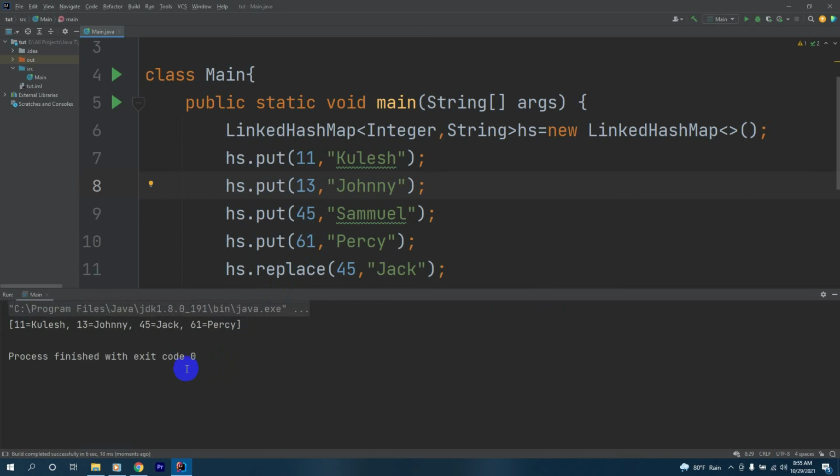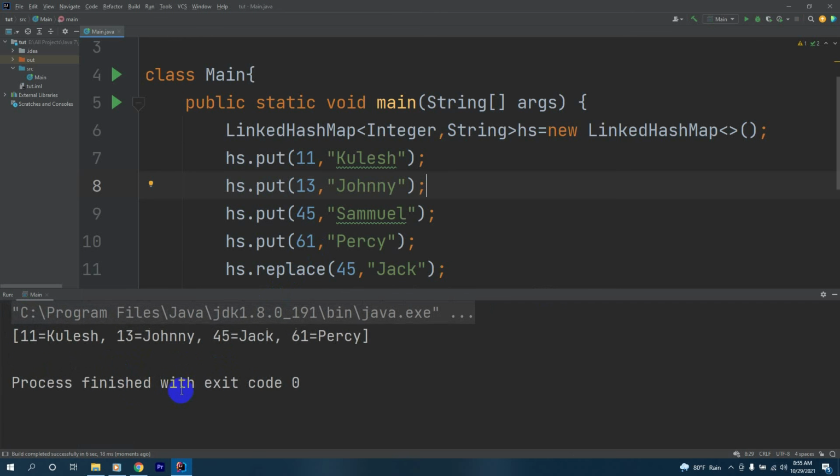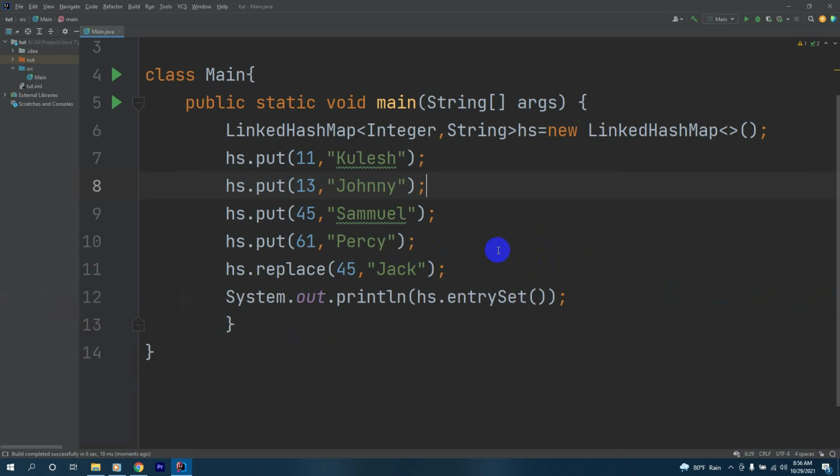This time our output came. We got 11 Coolidge, 13 Johnny, and wow, we got 45 Jack. And after that 61 Percy. So Jack replaced Samael as the value of the 45th key. So that's how we replace values inside our linked hash map. I think you got a clear understanding about the replace method from this example.